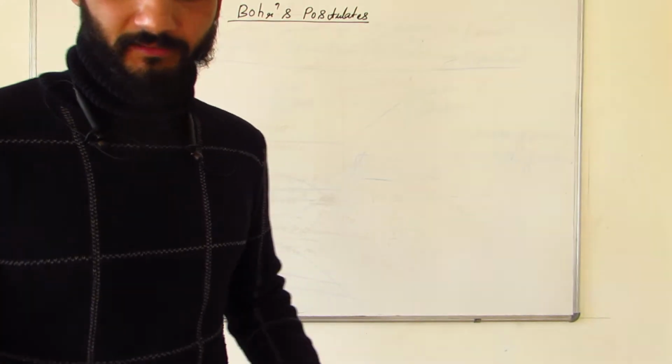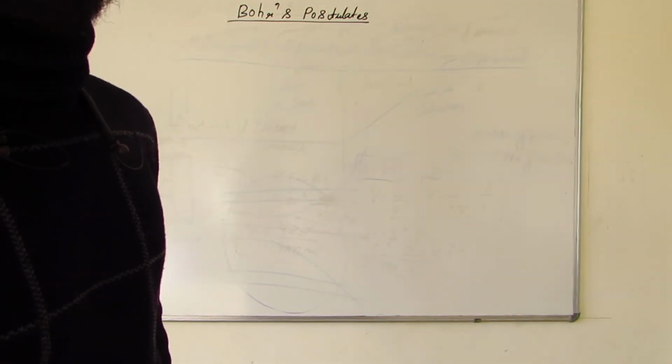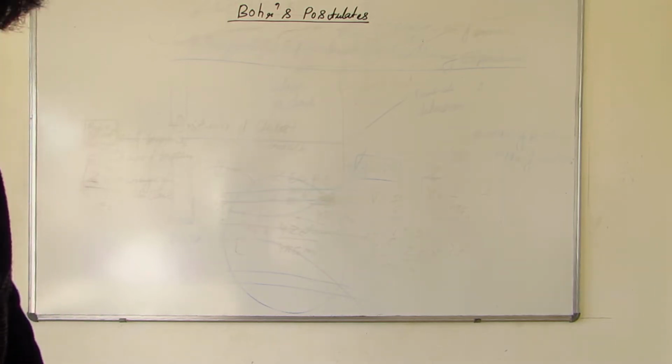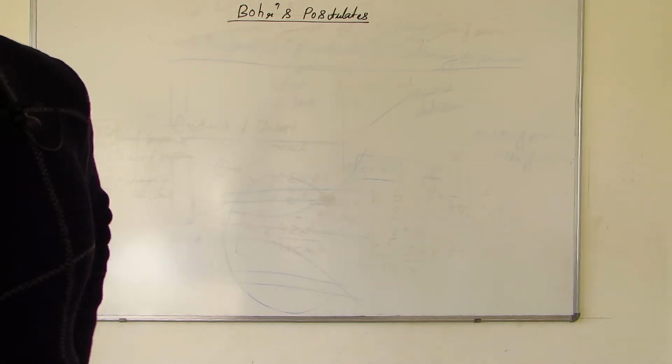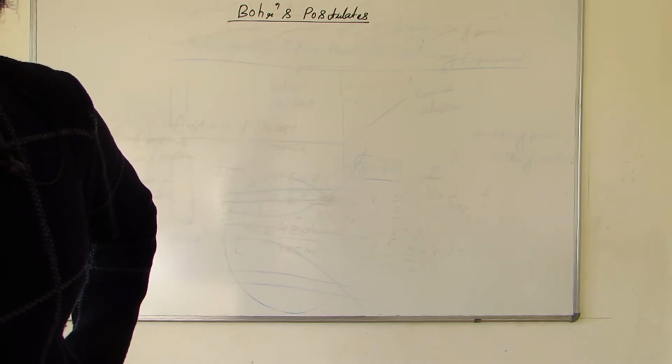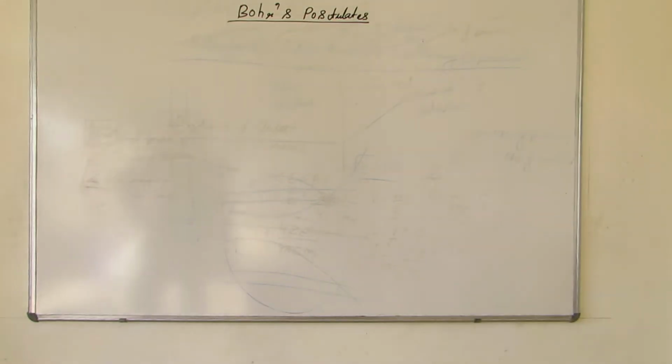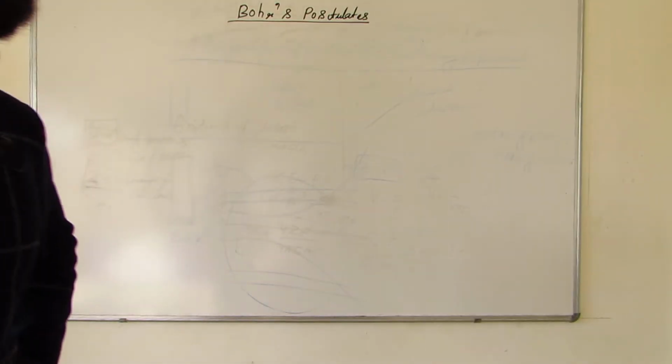Now we will discuss, like in the previous class we discussed Rutherford's alpha particle scattering experiment. He gave a wonderful theory, but there were some drawbacks. And the very first drawback was that whenever electrons revolve around the nucleus in orbits, they basically